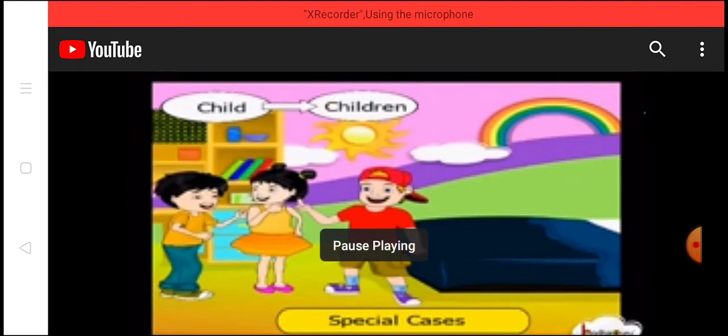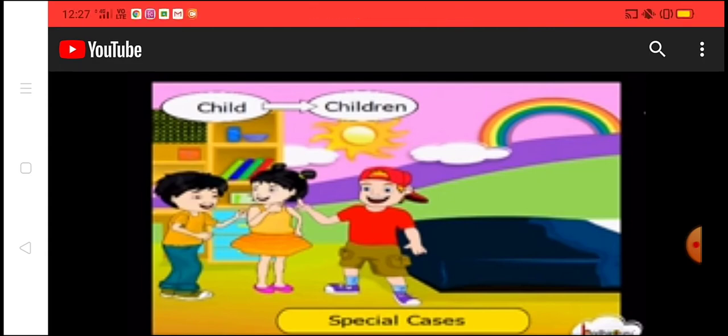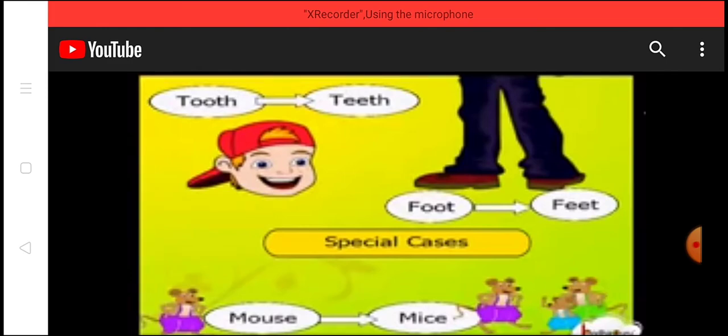So here you have to be careful, students. Still I have heard many students pronouncing this word as children's. The same way, while writing for the exam too, they will make use of children's. It is wrong usage. The plural term for the word child is children. The children are playing.